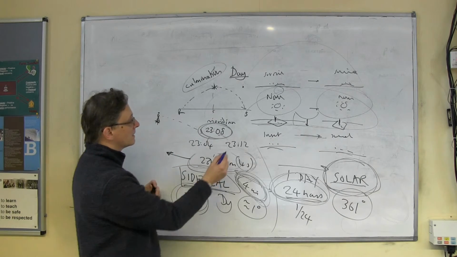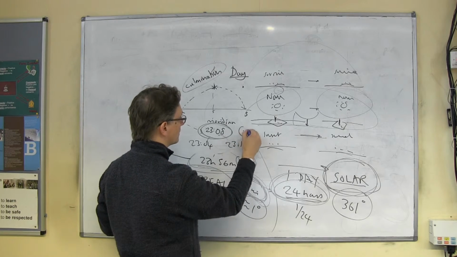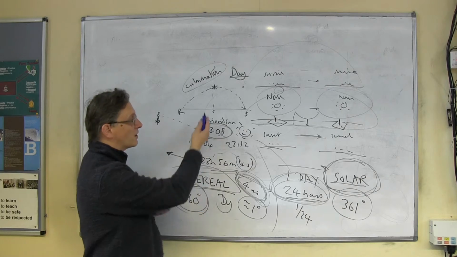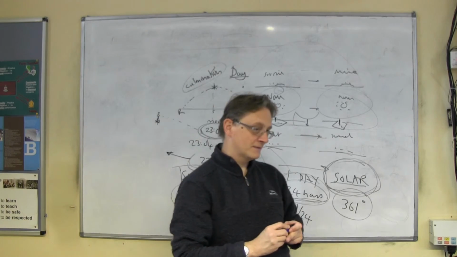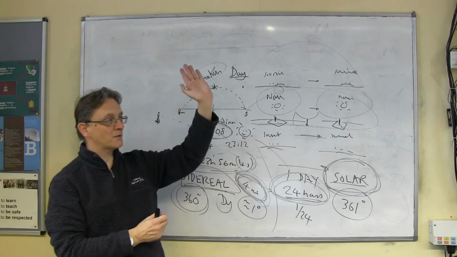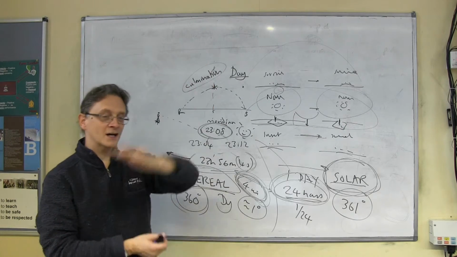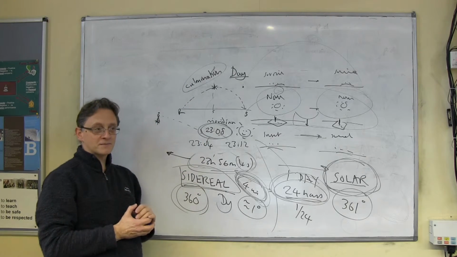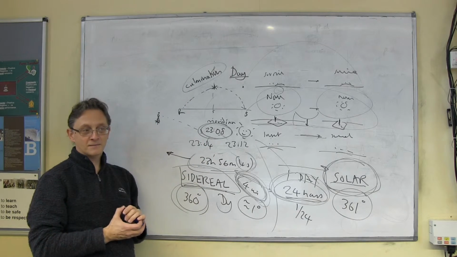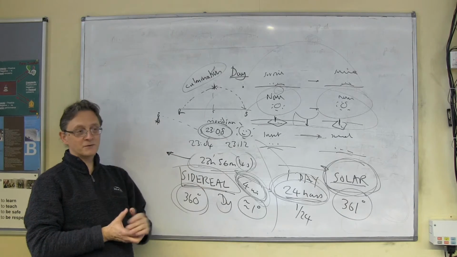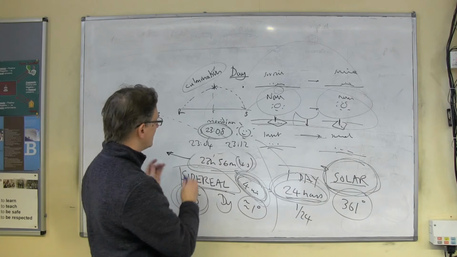Things like the sun work on the solar day of 24 hours. So if I asked you this question about the sun, the answer would be 24 hours. If I said I did a shadow stick experiment, I watched the sun to its highest point, I did the same thing again the next day, you would get 24 hours. It's not called the solar day for nothing. The sun follows the solar day. It repeats its position in the sky every 24 hours, by definition. However,